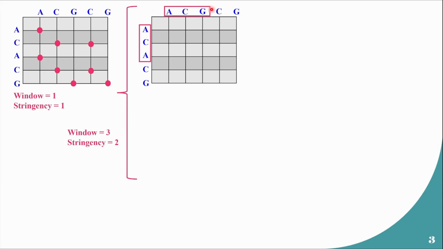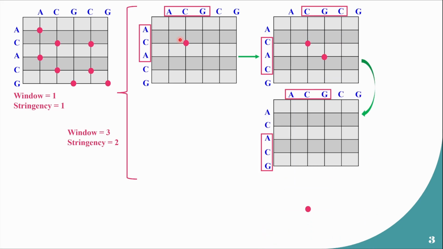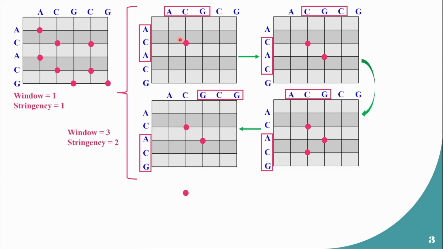For example, here ACG versus ACA, we see that the first 2 elements of both of these windows are matching. So with a stringency of 2, we can put a dot at the junction point between these two windows, right? And again, we will slide these windows across by 1 element and try to identify all of the 3 versus 3 window matches with a stringency of 2. After we complete the process, wherever we find the matches, the entire dot plot will look slightly different than what we had if we used window size 1